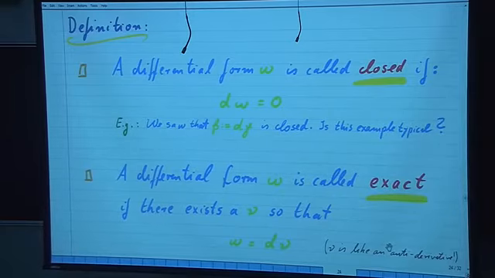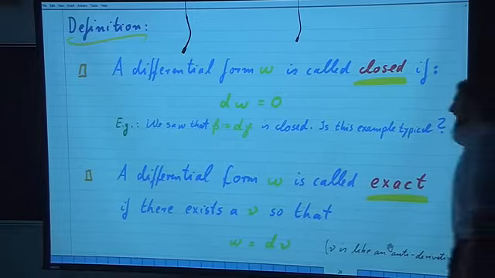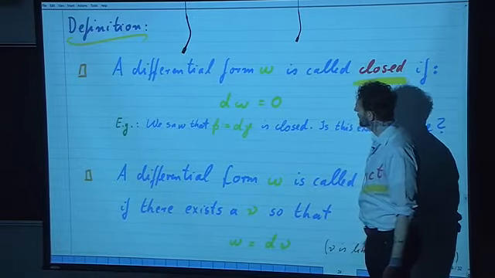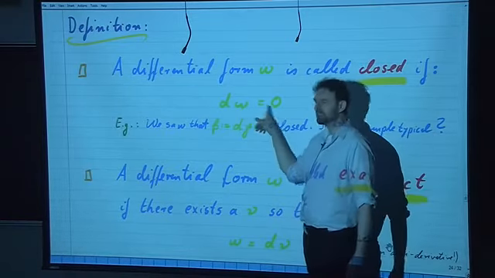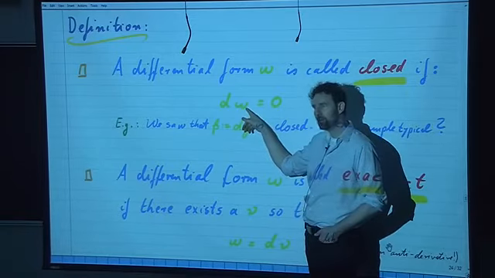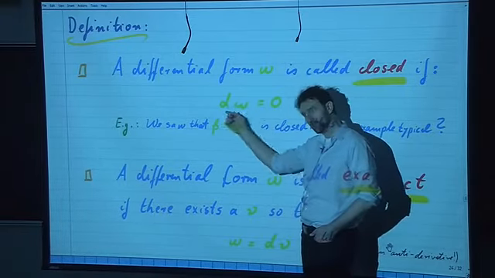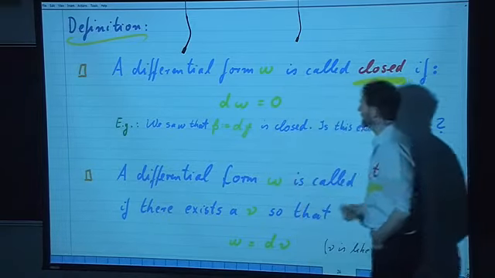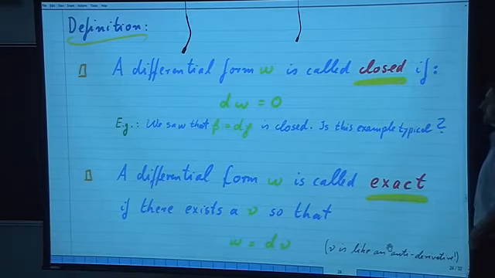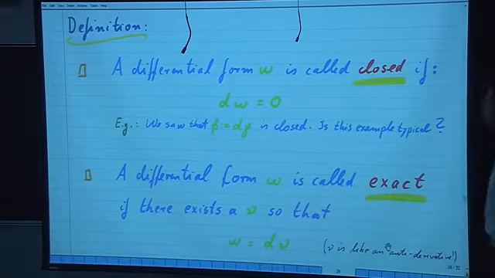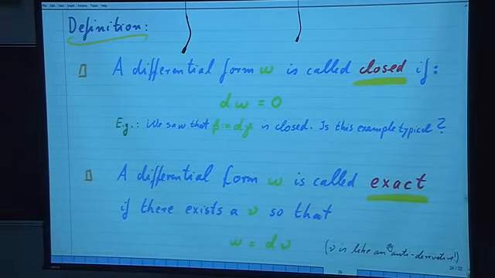But this leads to a question that turns out to be surprisingly deep. The question is, are all closed differential forms of that origin? So if omega obeys that equation, does it mean that omega must be the d of another differential form so that the d squared equals 0 is achieving this? Or could it be that there are omegas which are not the d of some other differential form, and yet the d omega of it is vanishing? It turns out that this question is a very deep one,